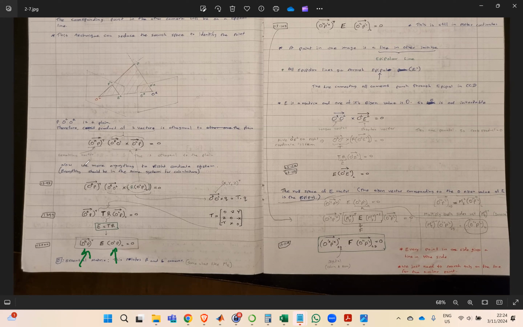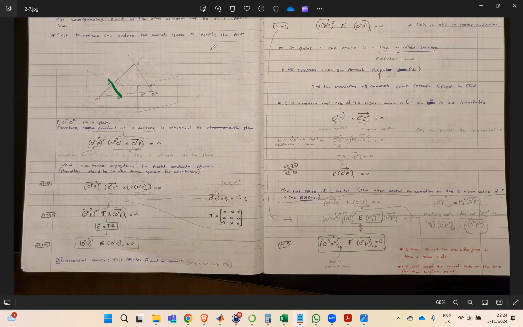So let's say, for example, this is the right side point. I take the right measurement from the right side and multiply with the E matrix. According to the equation, it seems like we are directly getting the point on the other side, right? But actually, we are not getting the point. We are getting the coefficient for this